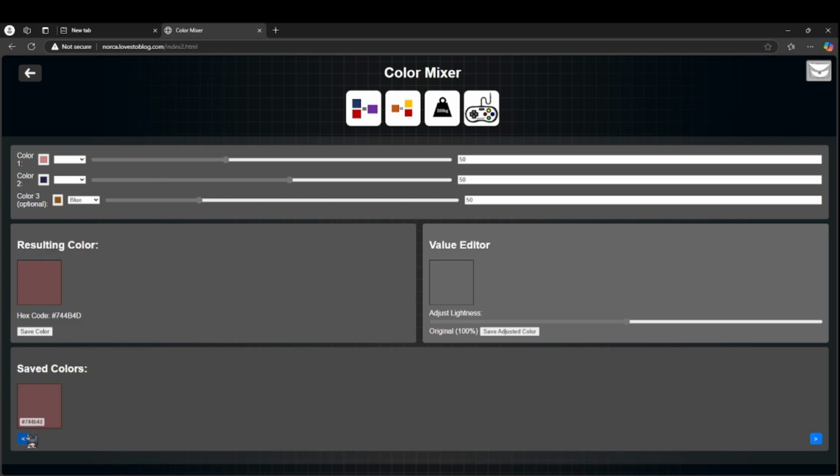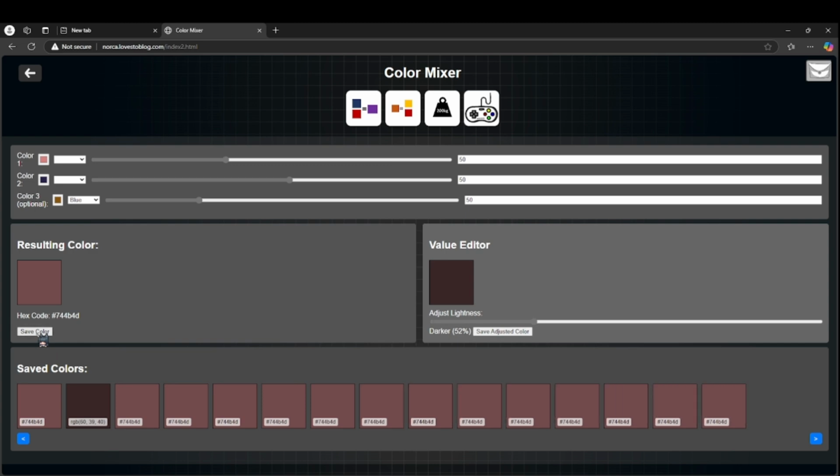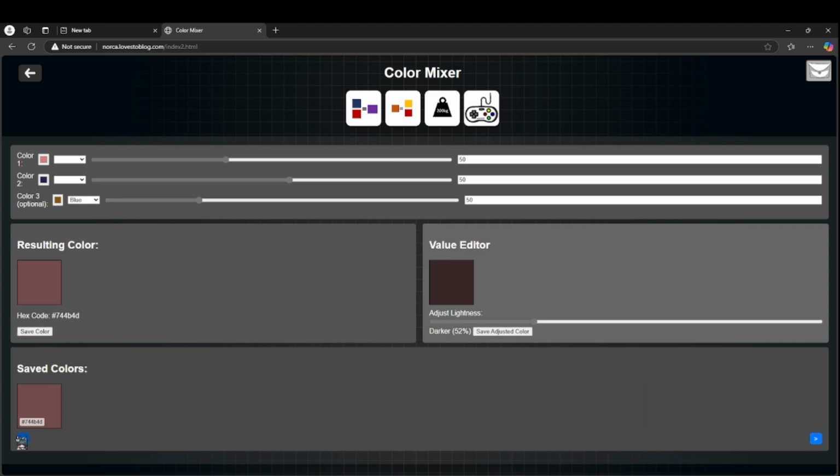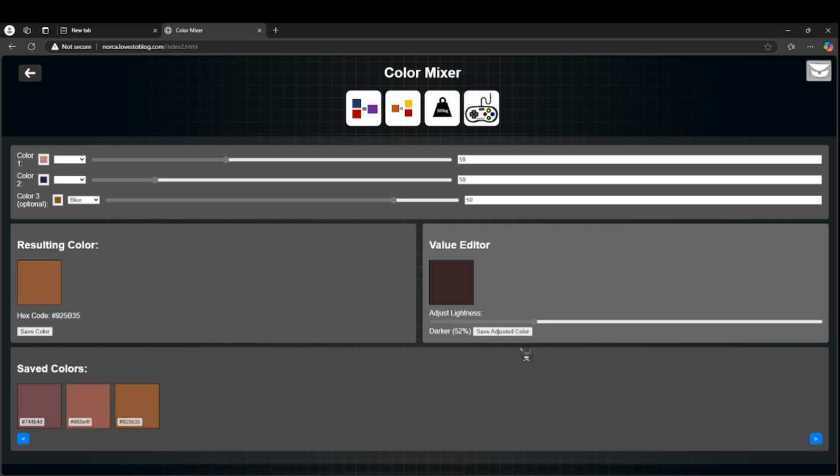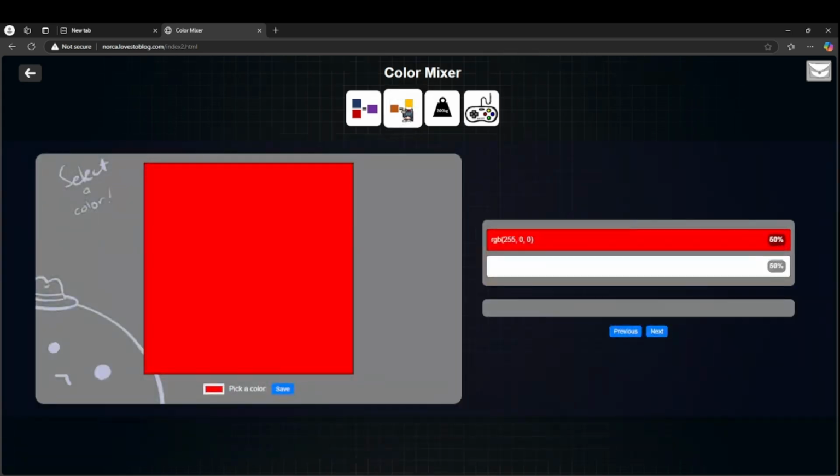Now we can also save a color and even adjust the darkness and lightness of the color, which also is an on-click. Now let's say there. As you can see, this also works. There. And my second page is just the color opposite of my first page, where in here will be